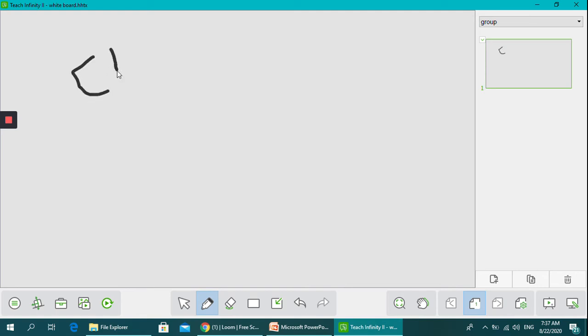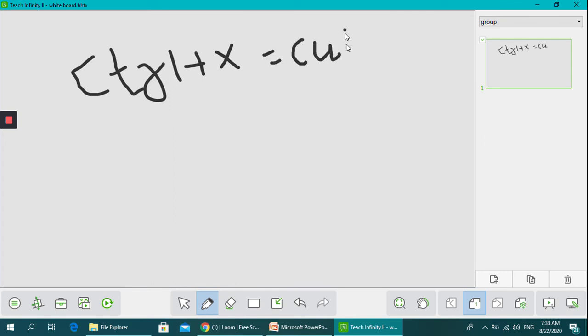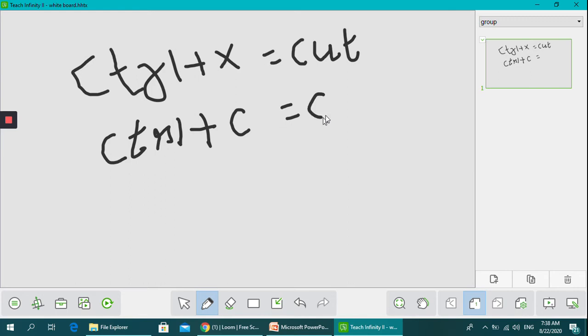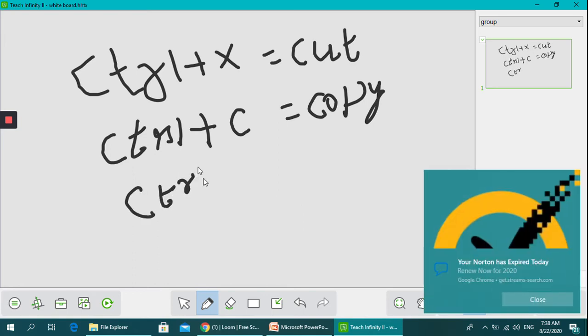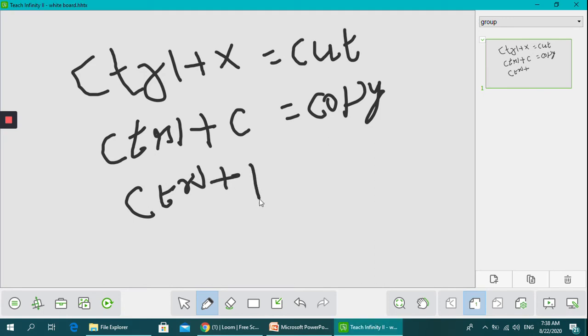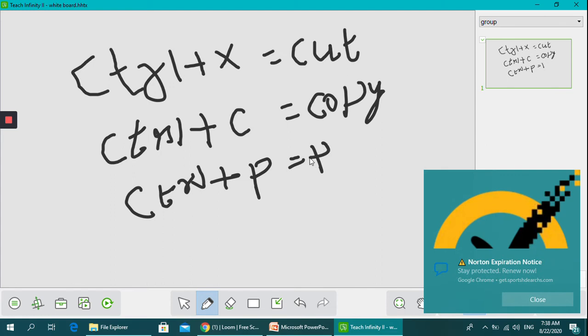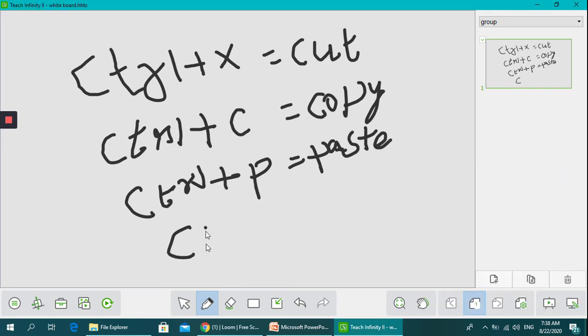If you want to cut any document or a word or anything, we have to press Ctrl plus X. If you want to copy, Ctrl plus C. If you want to paste, Ctrl plus P. Then Ctrl plus O to open.